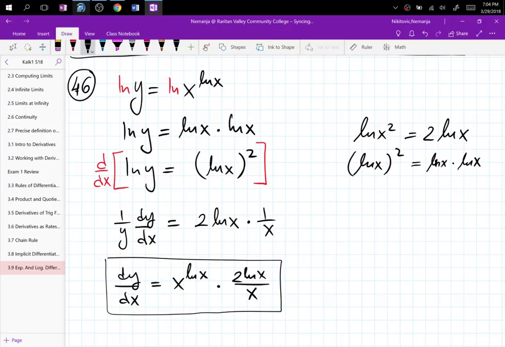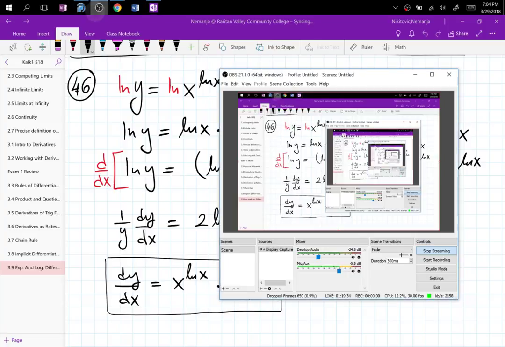I hope you're not disappointed, but that's it. Exponential logarithmic differentiation. I don't have a closer, so